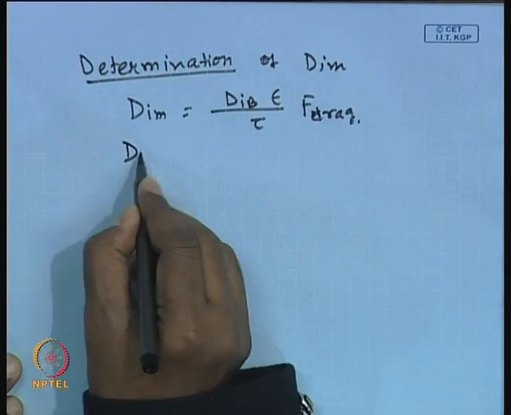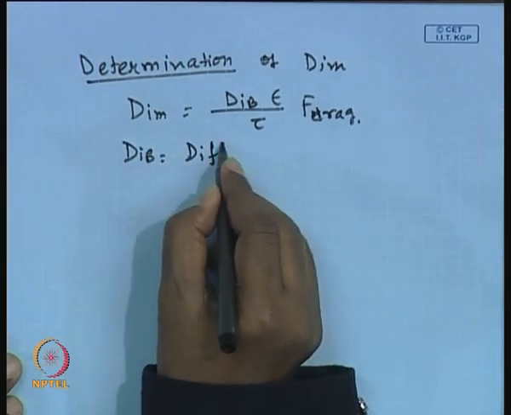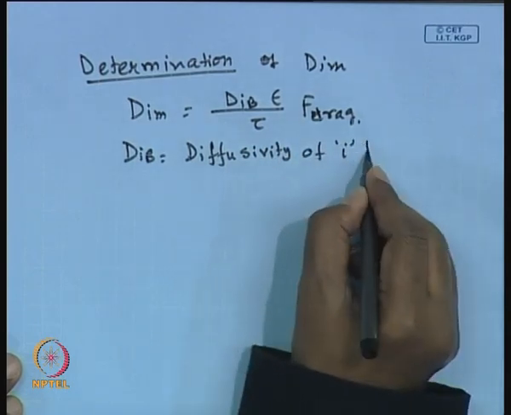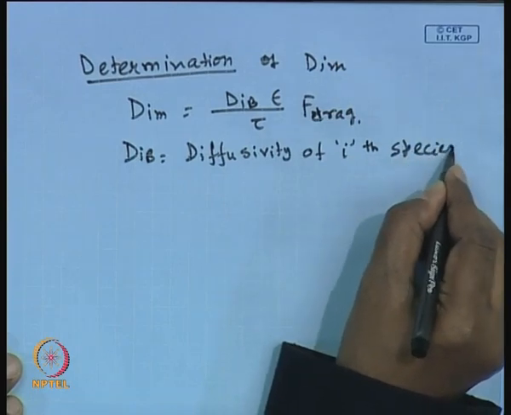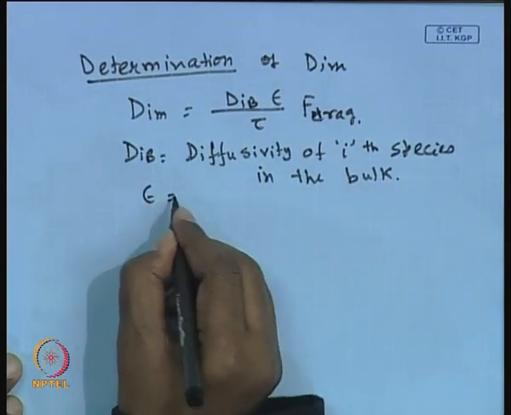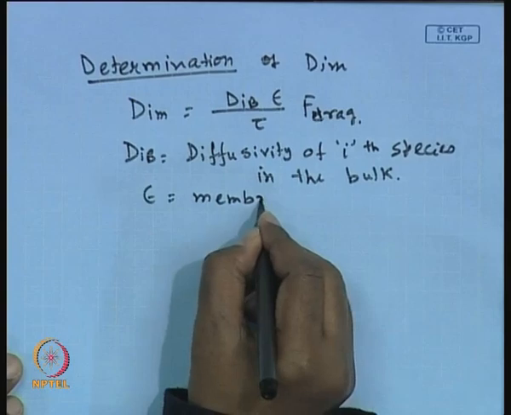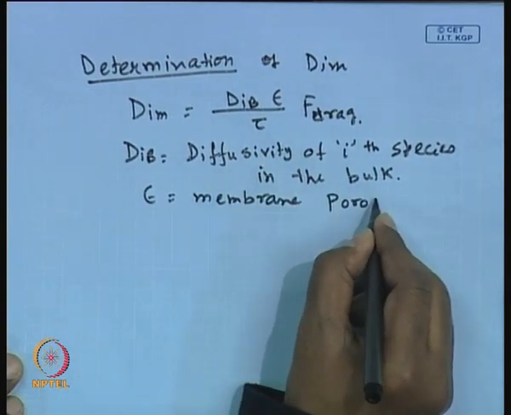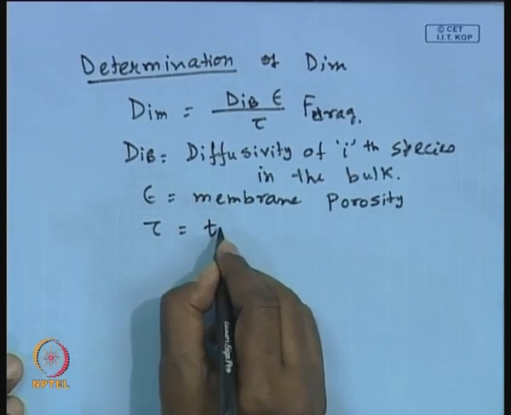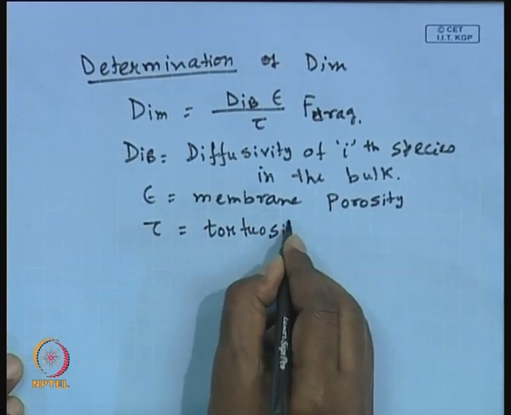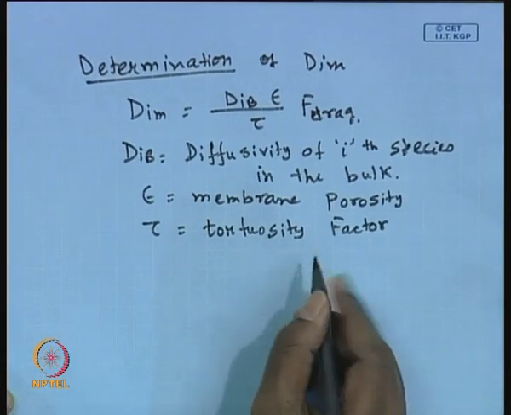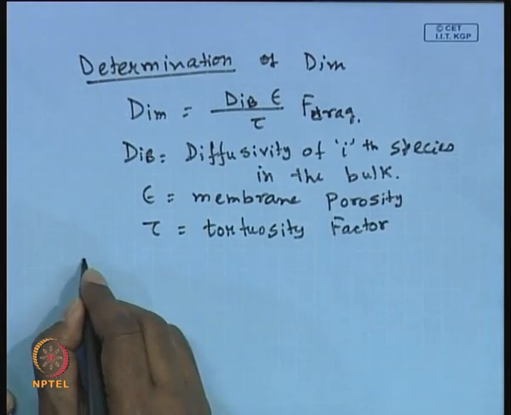DIB is nothing but the diffusivity of the ith species in the bulk, epsilon is the membrane porosity, tau is the tortuosity factor, because all the pores are not straight cylindrical pores, there will be tortuous pores and they will be interconnected, and the drag coefficient F drag